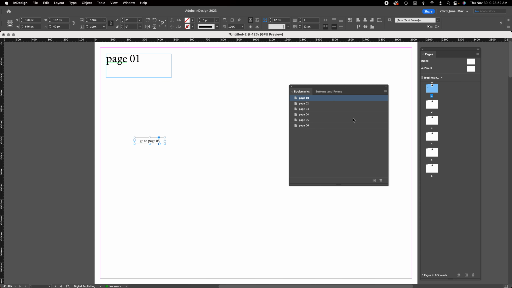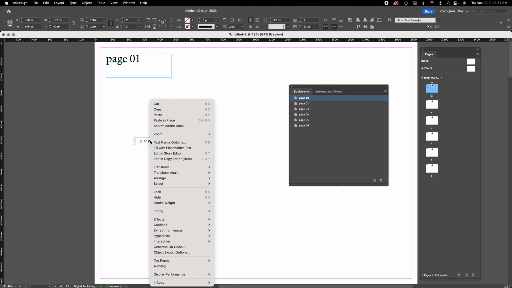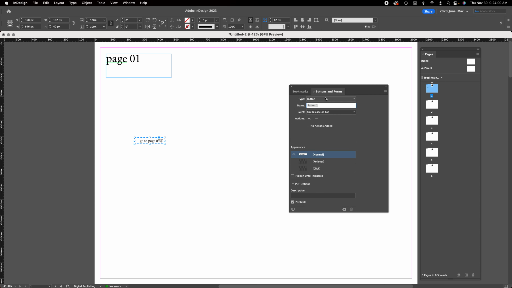Okay. So now when we create a button, we have this sitting here. We right click and then go to our interactive. Where is it? Right here. And then you have your convert to button. All right. So we're going to click this, and then it will pull up your buttons and forms. I would label your button names, especially if it becomes a little bit more complicated or a little bit more complex with a lot of different things going on. You're going to want to be able to know what buttons are what. All right. So I'm going to call it